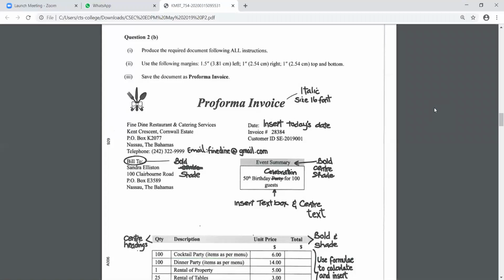I want you all to look at this file, and I want you to tell me which is the most suitable application for doing this particular exercise. Look at it carefully, go through what the examiner is asking, and you tell me what you think is the most appropriate application to use here. Excel. Why do you say Excel? Because it says formula. Very good.